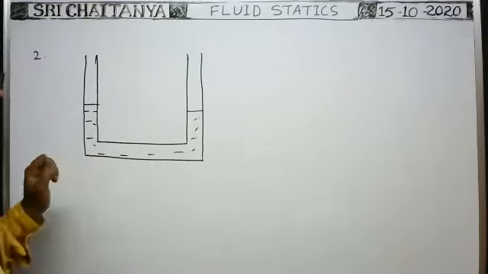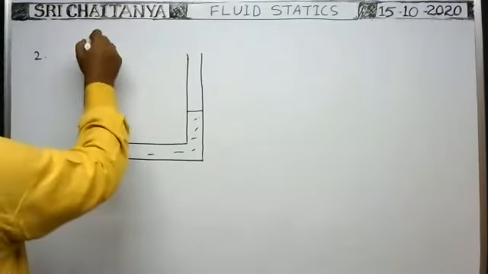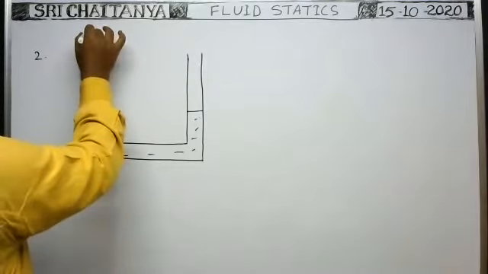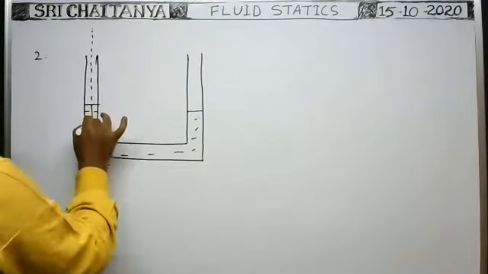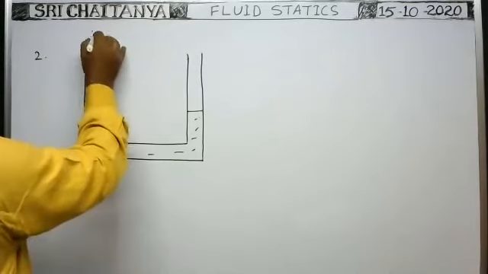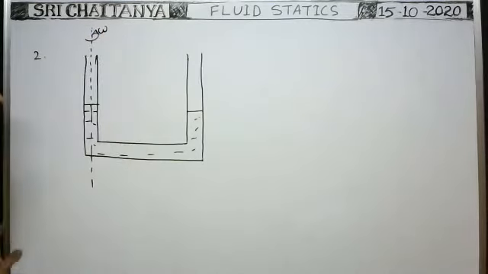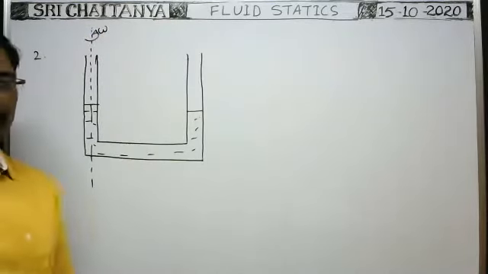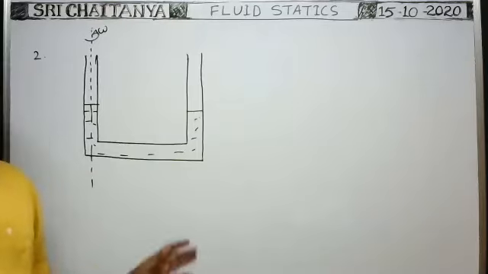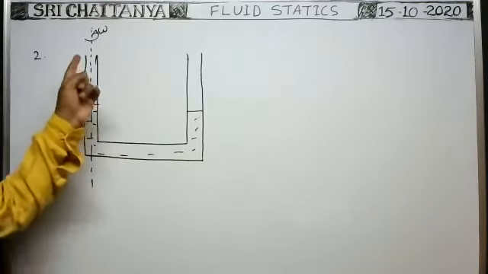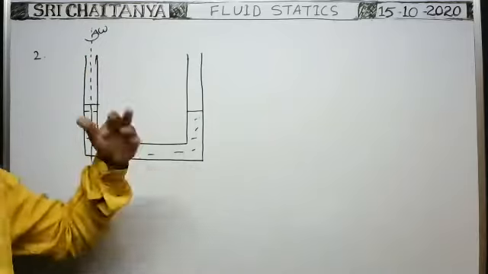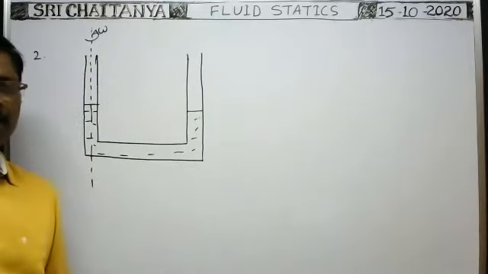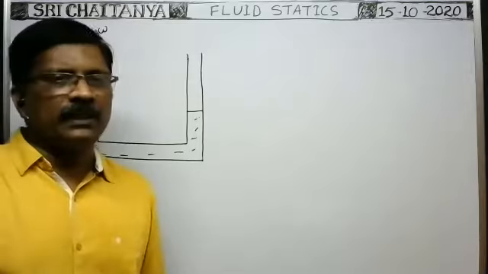But here, that is not the case. Whenever one limb of the U-shaped tube is made to rotate with angular velocity omega, in any direction, clockwise or anti-clockwise, what happens? What about the levels of the liquid? Tell me.